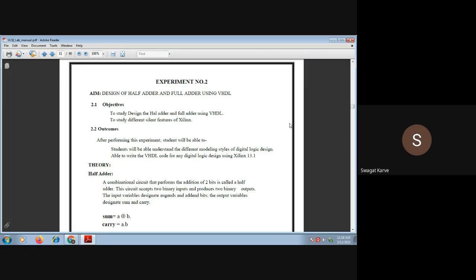The first question: whether a full adder or half adder is a combinational logic or sequential logic. Can anyone answer?